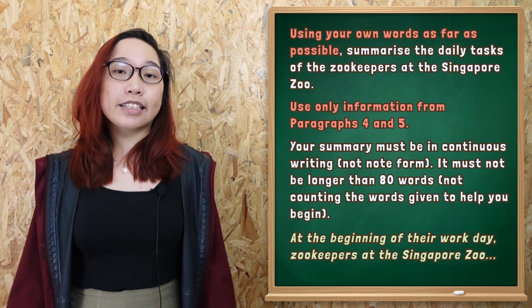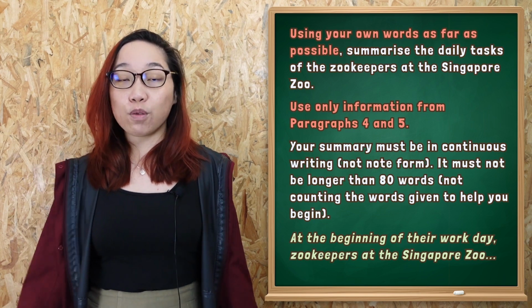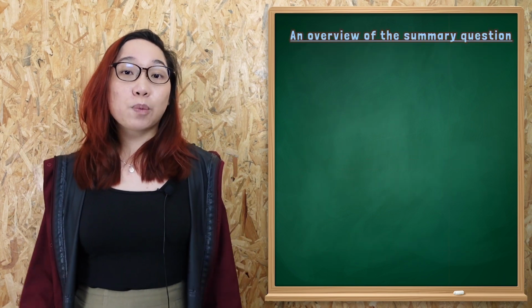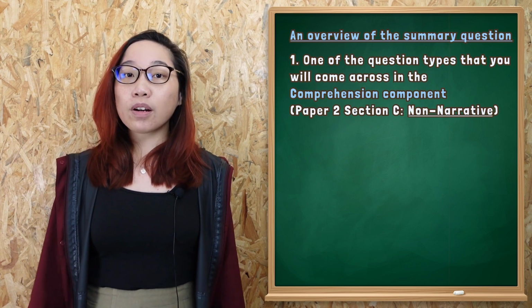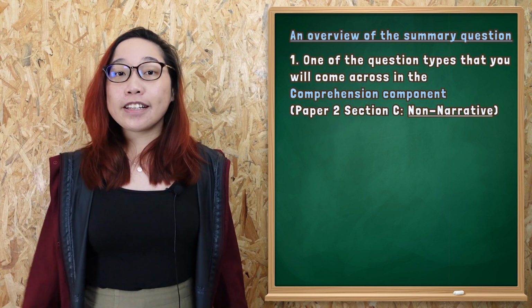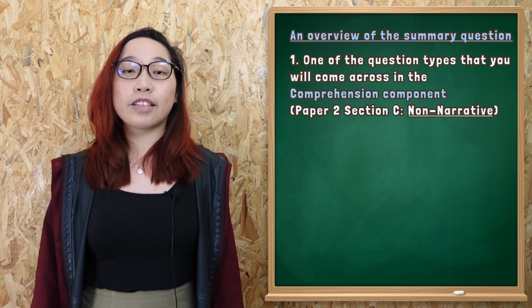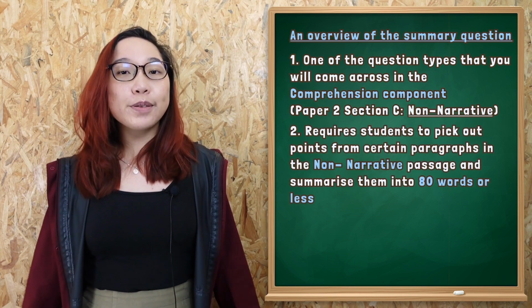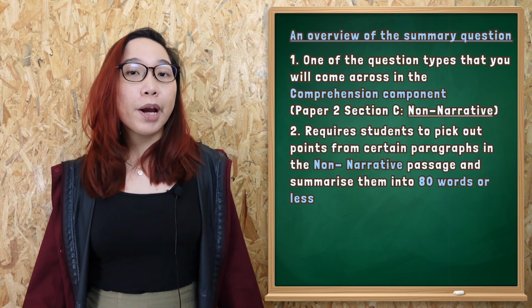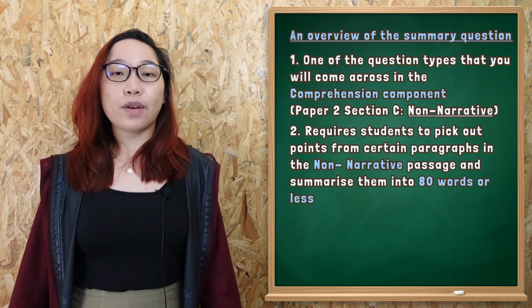Now that you have seen an example, let me give an overview of the summary question for those of you new to it. The summary question is one of the question types that you will come across in the comprehension component of the O-level paper. Specifically, the summary question is usually the last question of Paper 2, Section C. It requires students to pick out points from certain paragraphs in the non-narrative passage and summarize them into 80 words